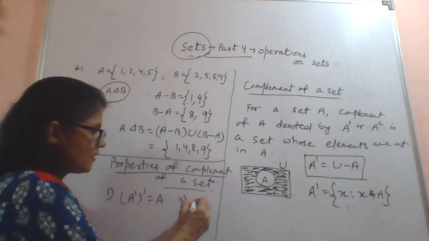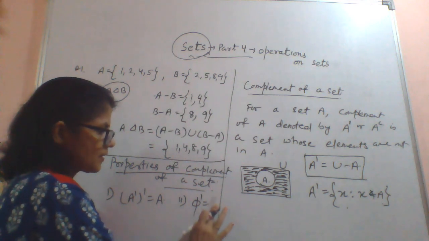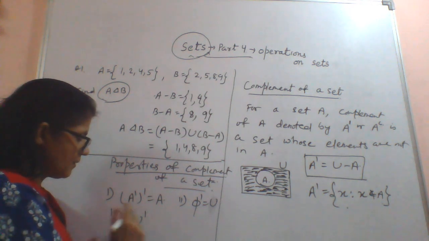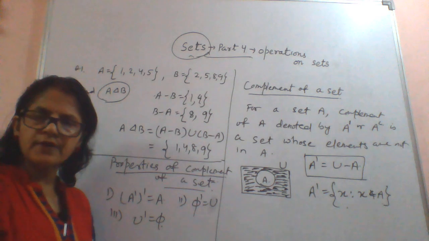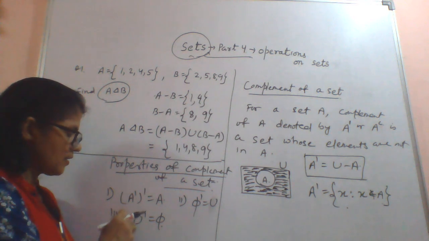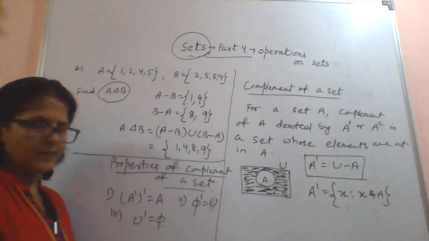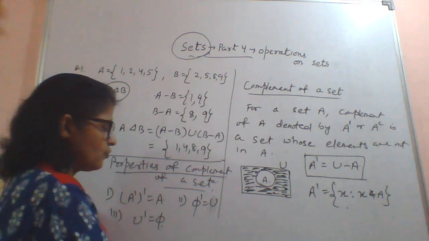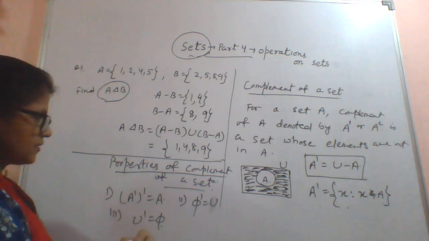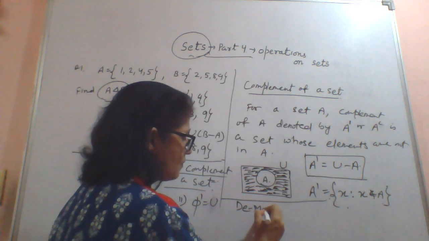Second property you can say phi complement is universal set, and universal set का complement will be phi. The universal set में नहीं है, वो कहीं पे नहीं है, means you don't have any set. Okay, so U complement is phi, and phi complement is U. Phi में वैसे भी कुछ नहीं होता. Okay, and also two very important rules are there. One is, I can just now name it De Morgan's law. De Morgan's law.